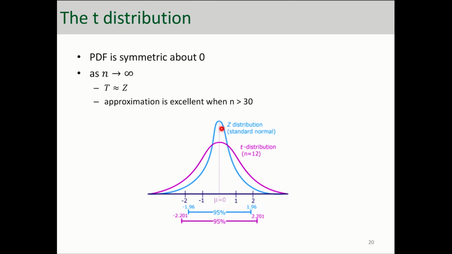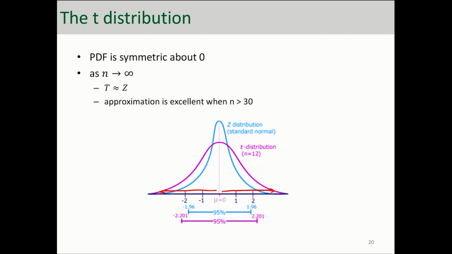So whenever it's possible to use the z-distribution and do the z-test, it's preferable to do that as opposed to t-distribution. But as the sample size goes up, above 30, t-distribution is a good approximation of normal. So that's why after that point, we replace the t-test with z-test if n is greater than 30. So just keep in mind that t-distribution has the same symmetrical shape as standard normal, but a little wider. And you can see the random variable starts at 0 and goes 1, 2, 3, 4,